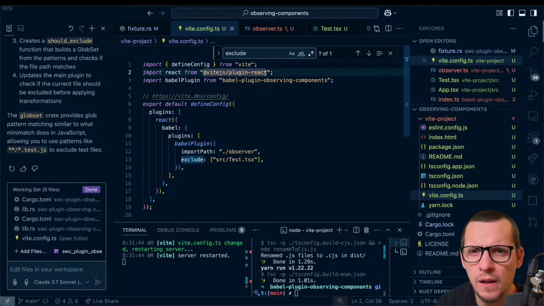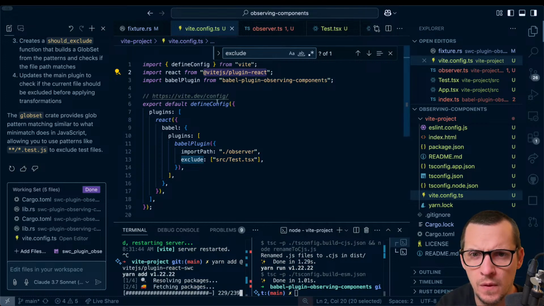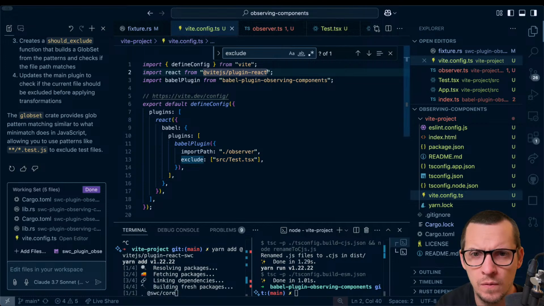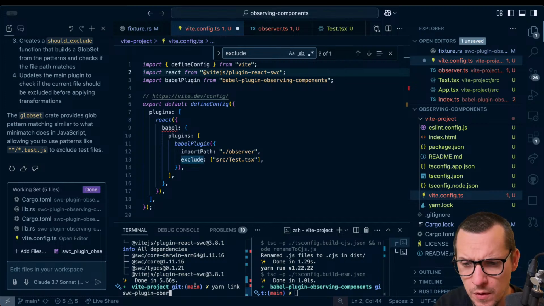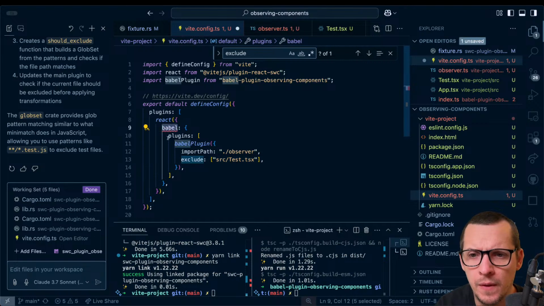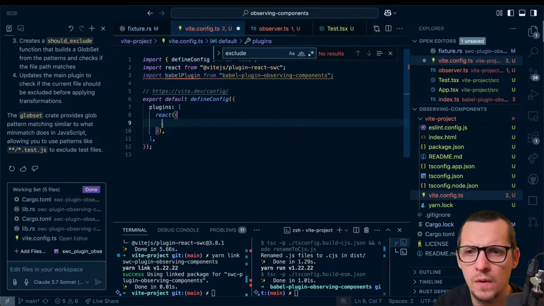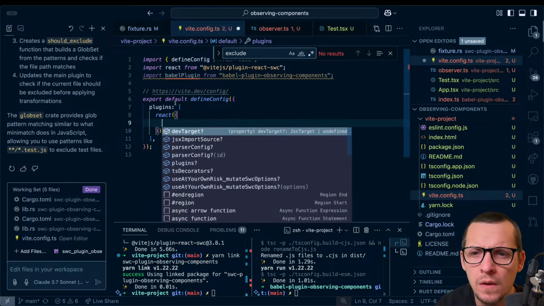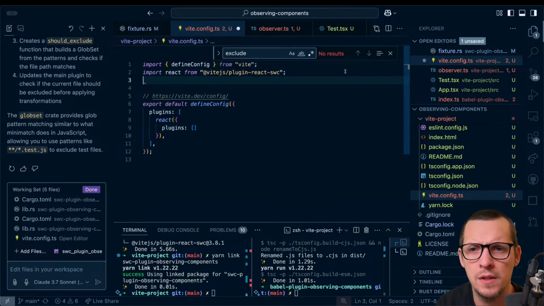Okay, so let's use the SWC plugin instead. Vite plugin react SWC. Yarn, and is this the name of it? Yarn link SWC plugin observing. Now we're gonna have, let's see. Plugins. Now we're not gonna do this. Now we're actually gonna do